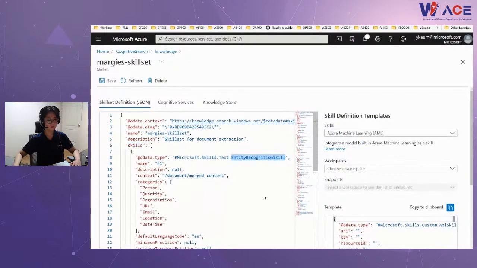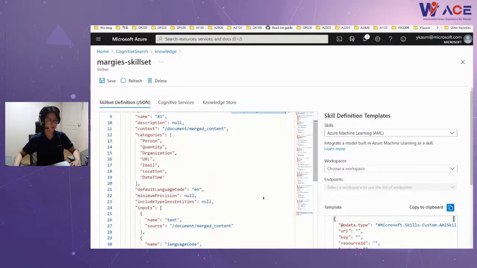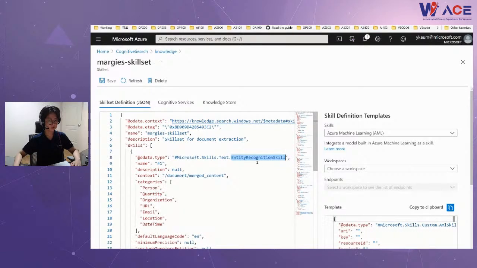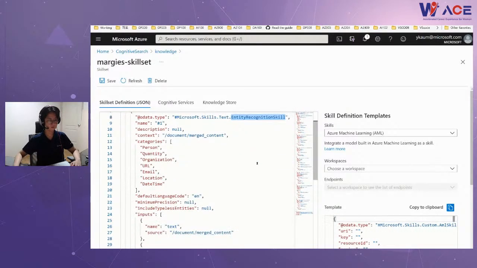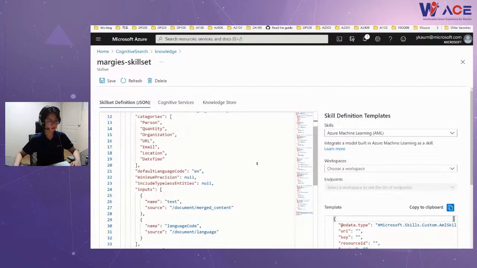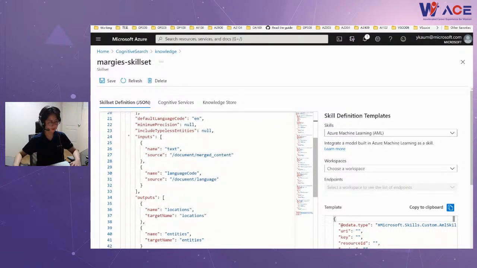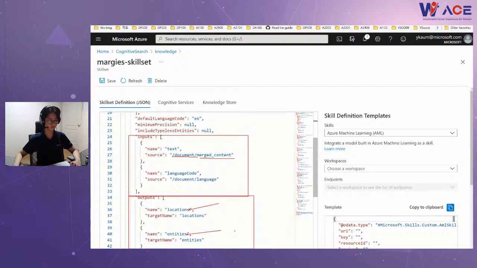With entity recognition analytics, which is cognitive services, it extracts some information. Okay, what is the input data? These are the input: the original document, the merged contents, which is the original contents plus the OCR extracted contents. Based on this merged content, it will extract the location information and some entity information.